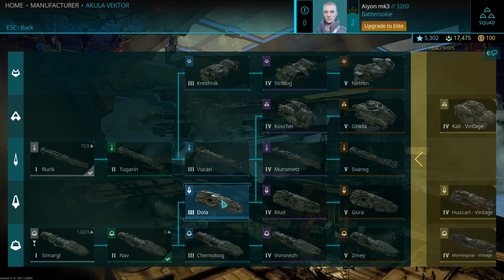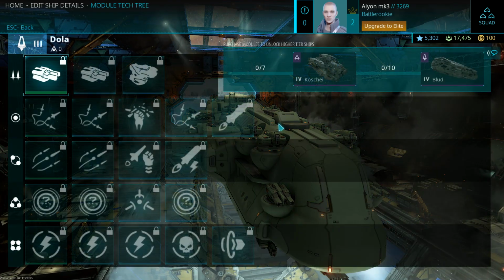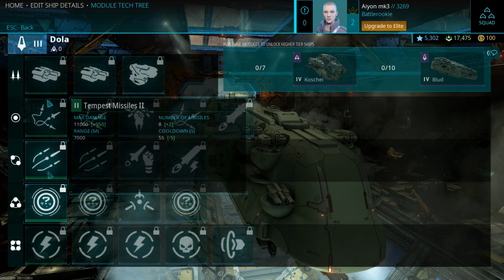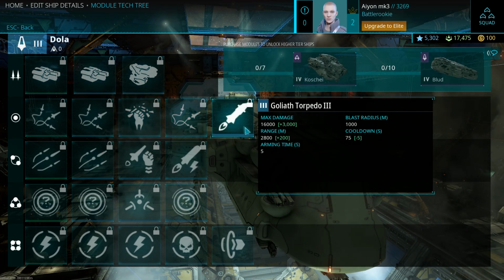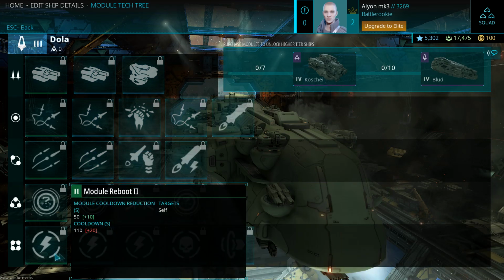Let's click on the Dola. We can go into here, we can check its equipment. Its tech tree starts out with Tempest missiles, torpedo salvo, and flak turret. So yeah, we start out with the same secondaries, the same options. Though as the tech level gets higher, we get more and more options becoming available